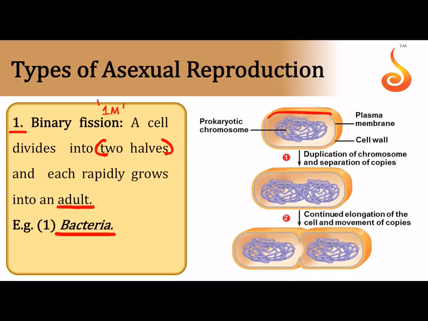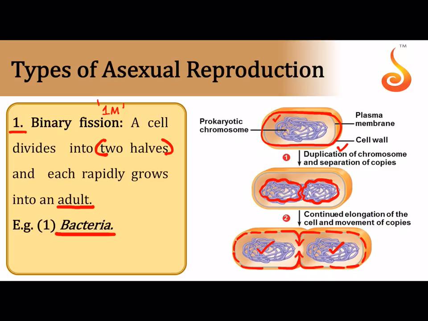Now this is the mother cell. And the mother cell has its own genetic material. DNA, double-stranded DNA. And just before the mother cell splits into 2, the DNA gets copied. See, there are 2 copies of DNA that are formed. This is called duplication of the DNA. And then you see how the mother cell is splitting into 2 halves. So it divides into two halves, and then ultimately we have one daughter cell on the left and one daughter cell on the right side. And both of them have received their respective copies of genetic material.